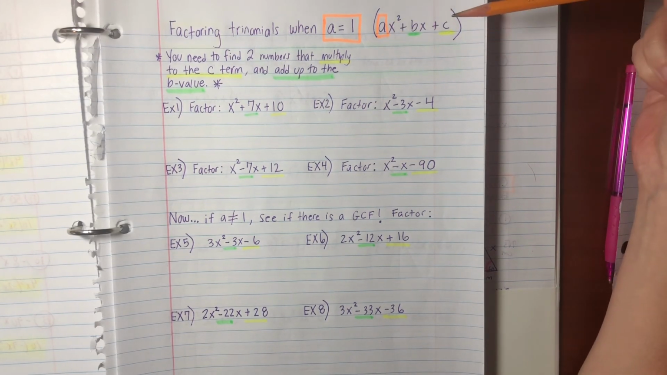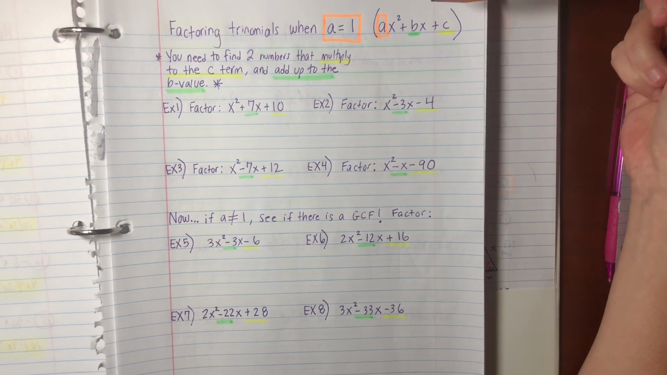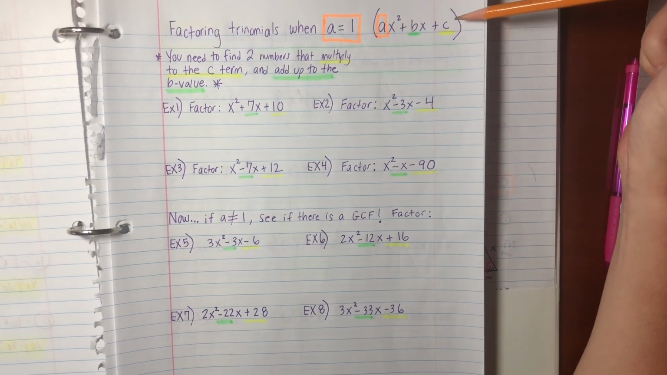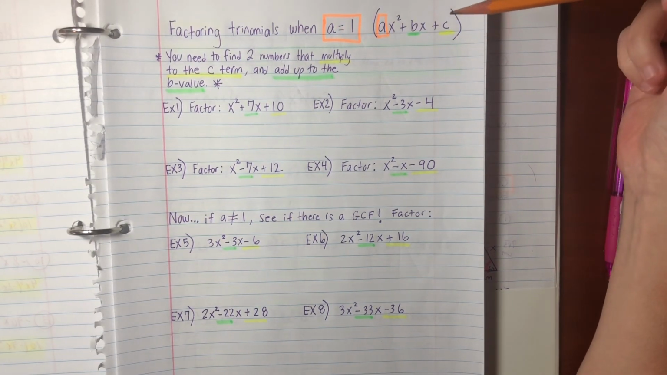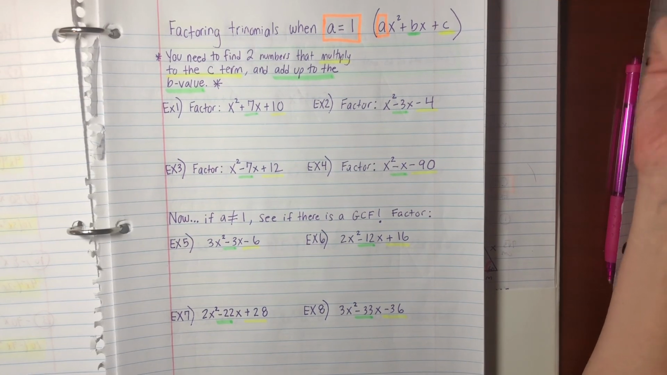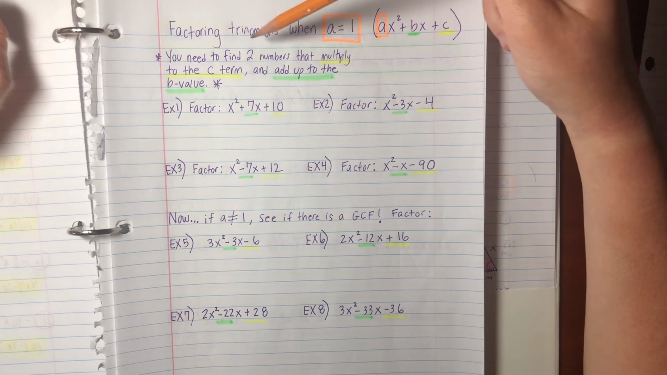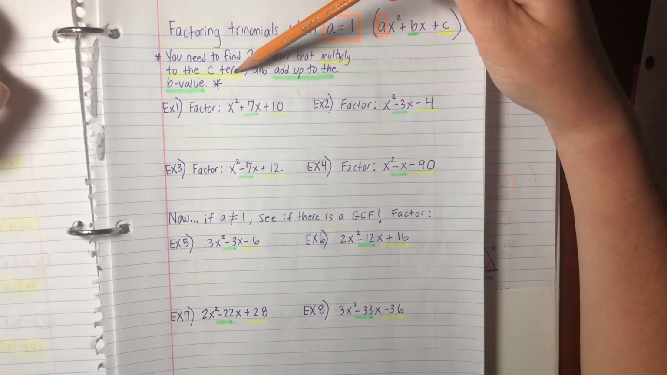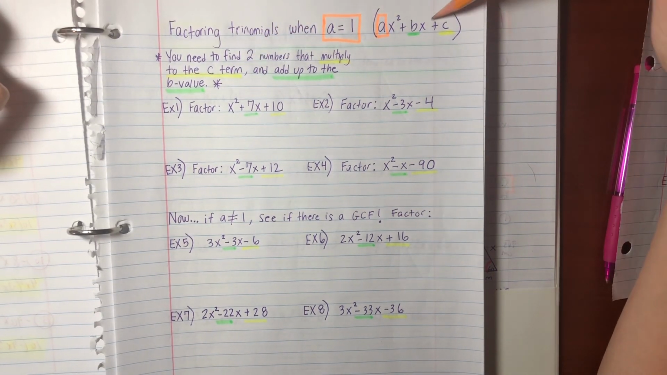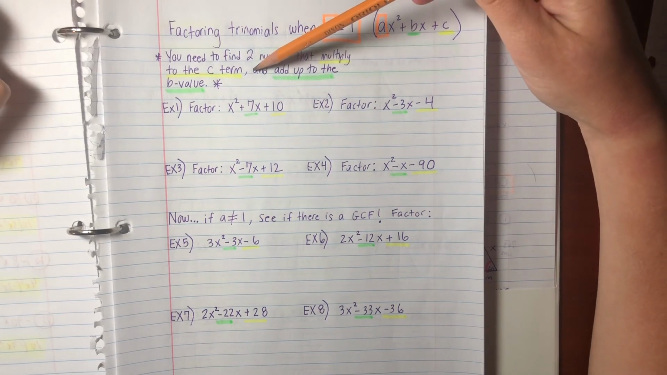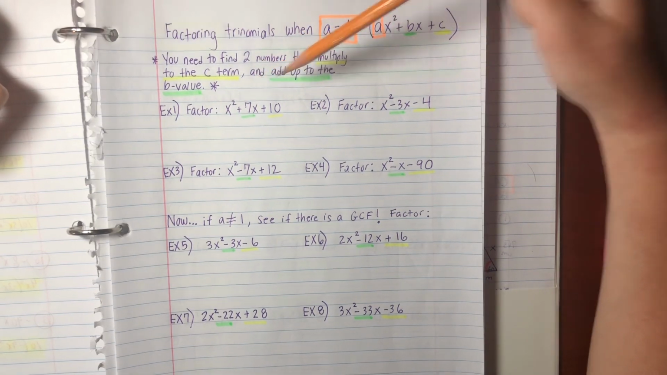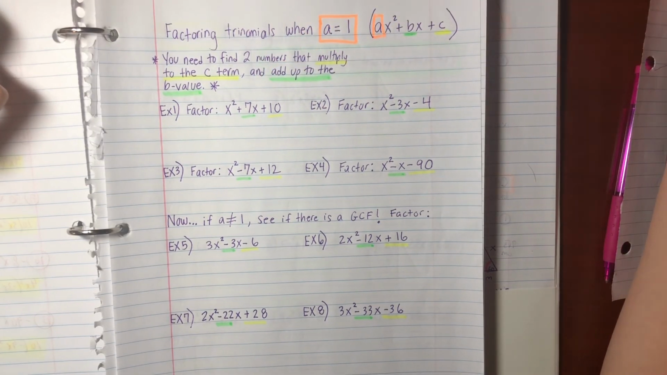where a, b, and c are all just constants. And we're going to talk about how we can factor those specific types of trinomials when that a value is equal to 1. It's a very simple trick that you guys are going to be doing. Essentially, you need to find two numbers that multiply to the c term, so that'll just be that plain old basic number at the end,